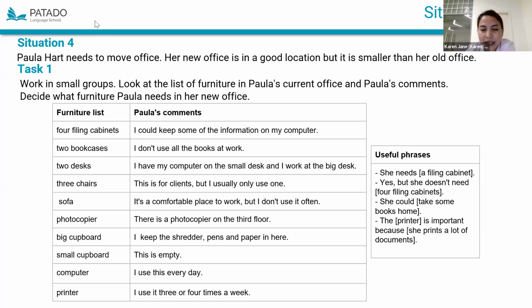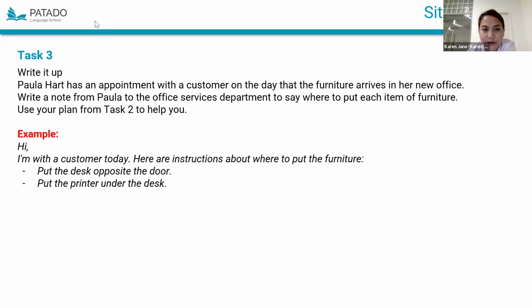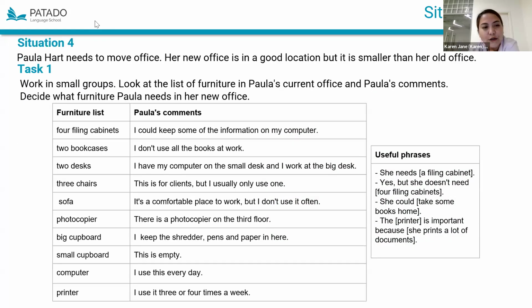So whenever you're ready, you tell us. Okay, so let's go back. You tell us what Paula should bring in her relocation to a new office, which is way smaller than the old one.